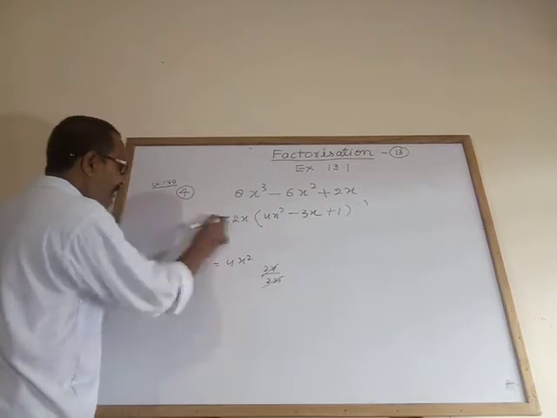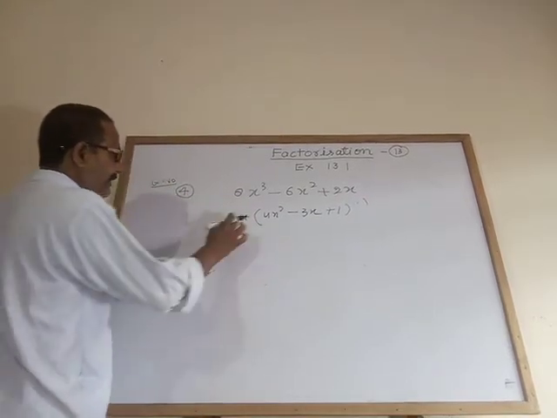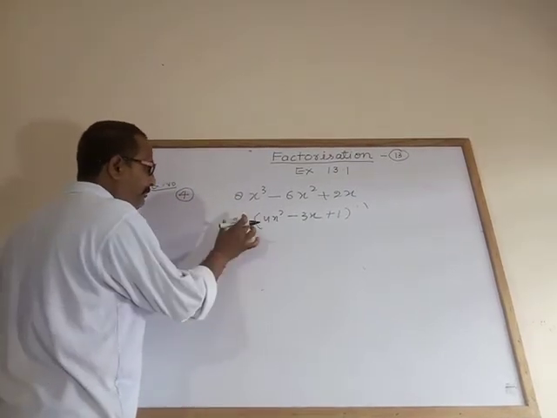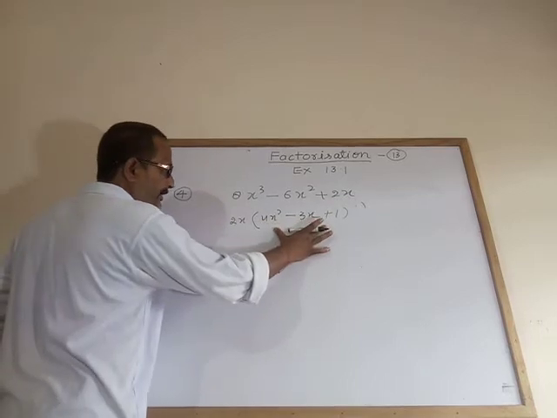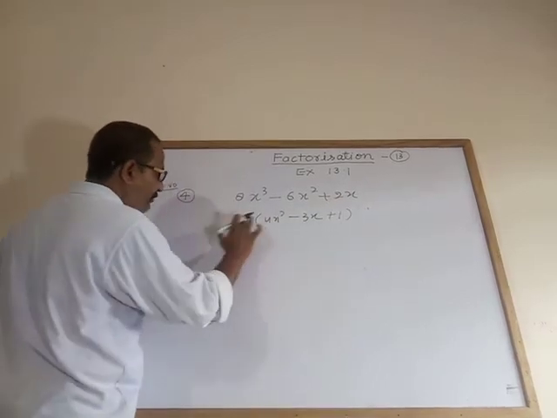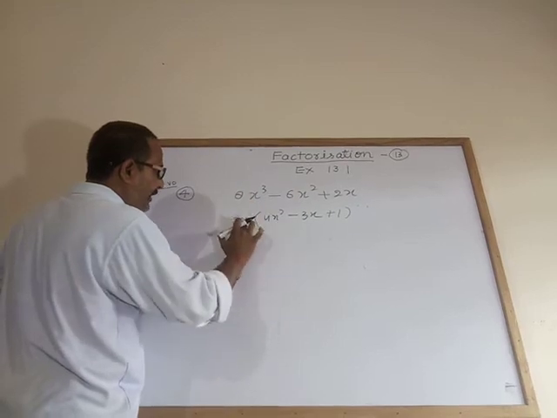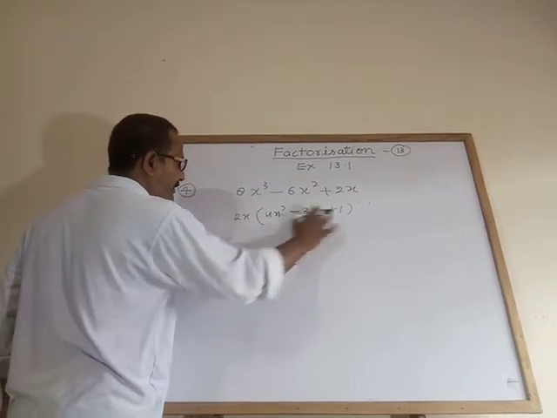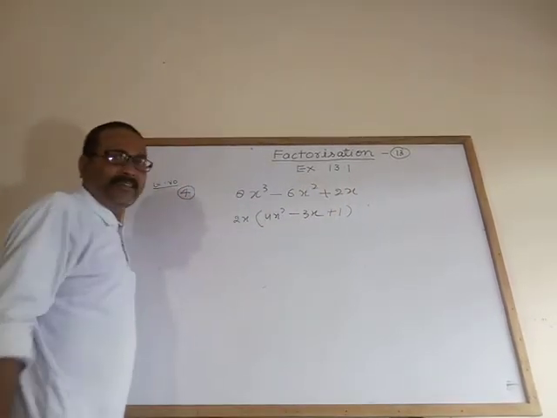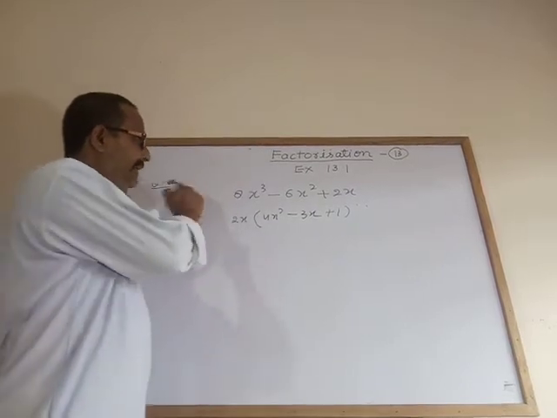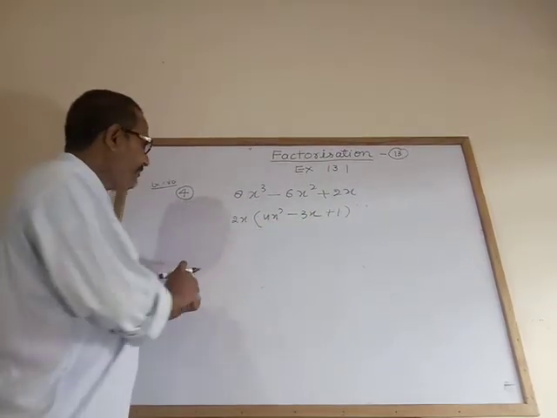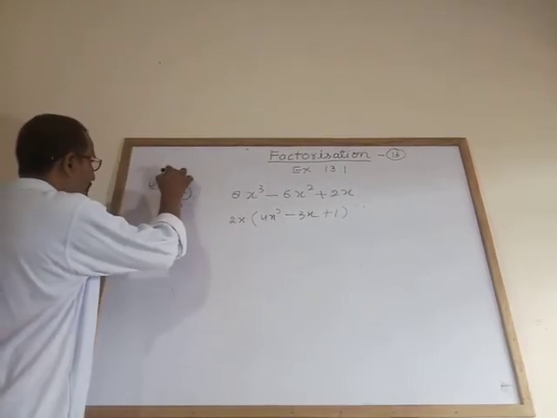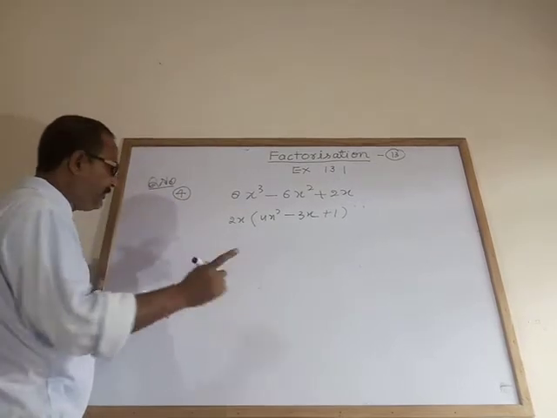Means if you multiply this term, in 12.1 and 2 and 3 I have explained the product of monomial with trinomial. What you will get? 2 4s are 8, x square x, x cube; 2 3s are 6, x square; 2x into 1, 2x. Same terms you will get. Means in that product we are taking the common here. This is question number 4. Now 5 you have to do, 6.